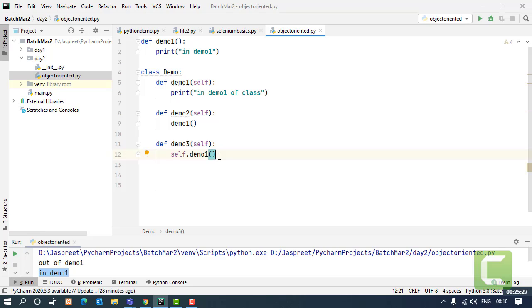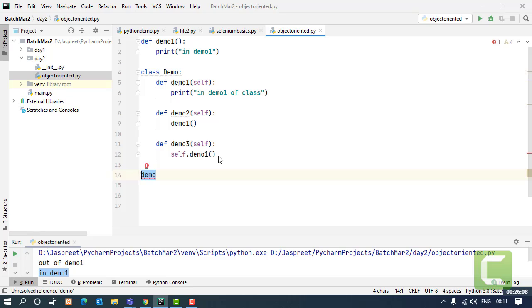Let's say out of this class I want to call my demo2 function. So let's just try calling that without creating an object. I'm not creating any object. I'll just say demo2. But right now there is only one function displayed, which is demo1, which we created above in line number 1. My class function is not being displayed. Why? Because the class functions are encapsulated, they are hidden inside the class scope, and to access them I have to create the object.